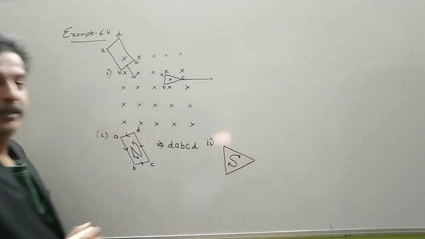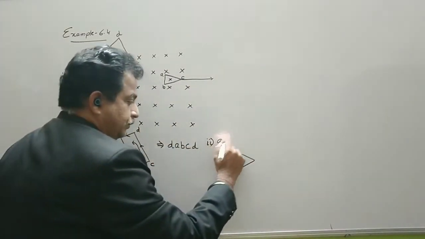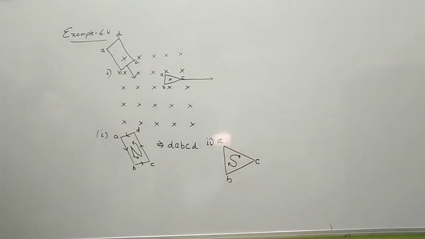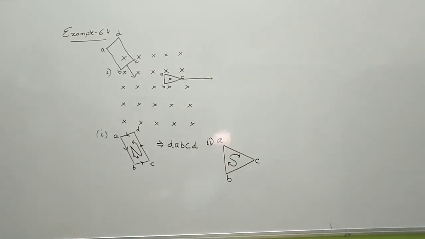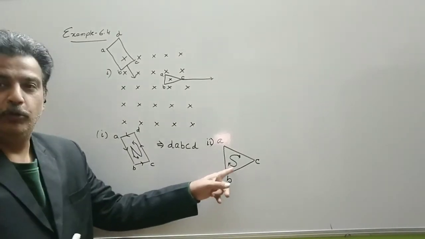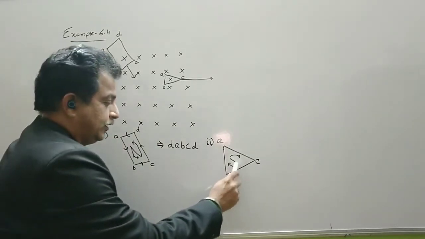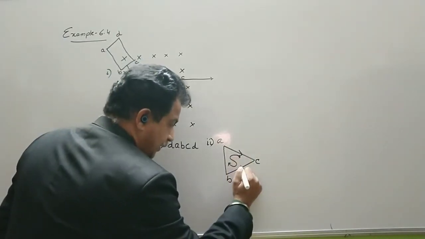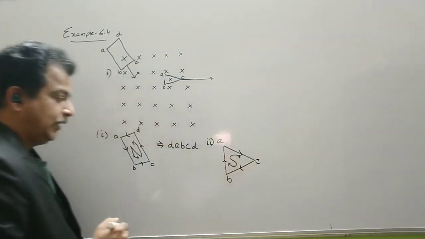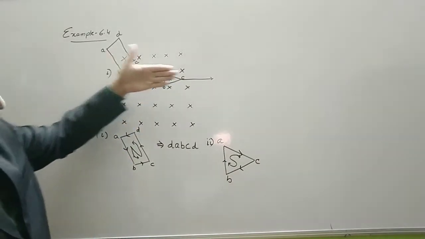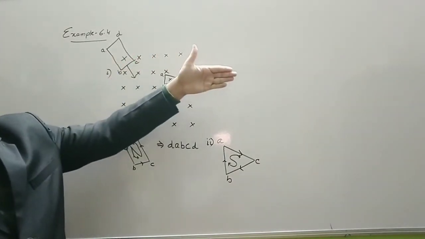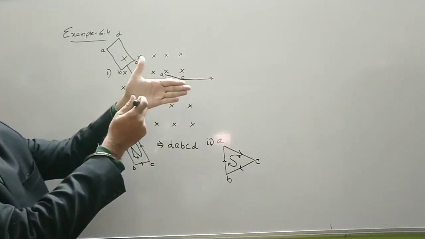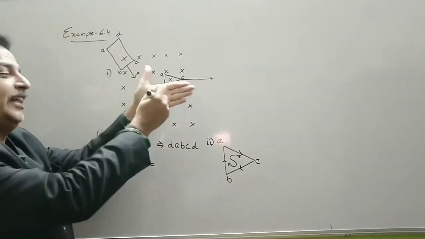Its polarity is south. So in this situation, a current should flow in a clockwise direction. So the triangular loop should have the polarity south. Now if the polarity is south, the current should flow in a clockwise direction. So we can see that when you are trying to remove this triangular loop outside, then the number of field lines going into it decreases. It should not decrease.